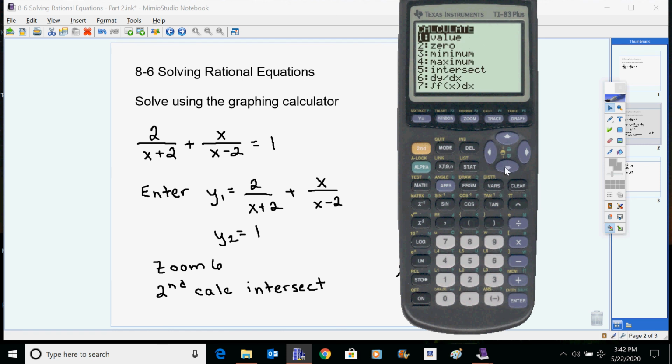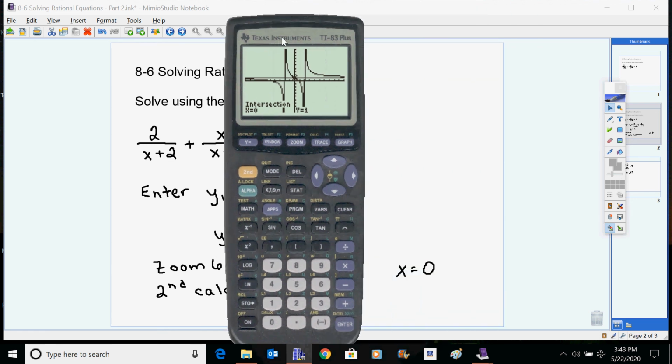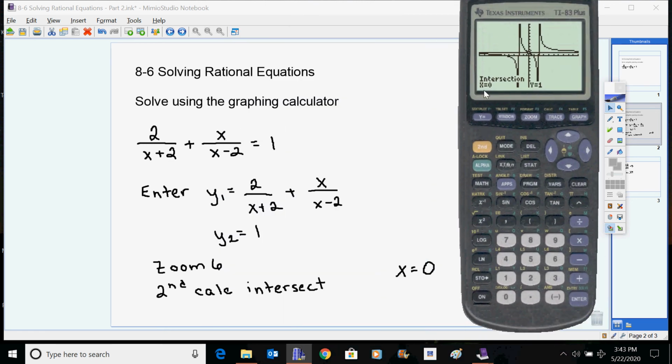We want to find the intersection. So when we do that, we have our first curve, enter, our second curve, enter, and our guess, just leave it sit right there. And our intersection is 0, 1,